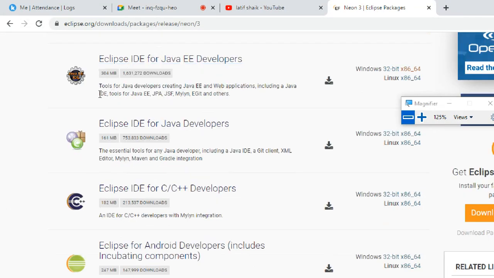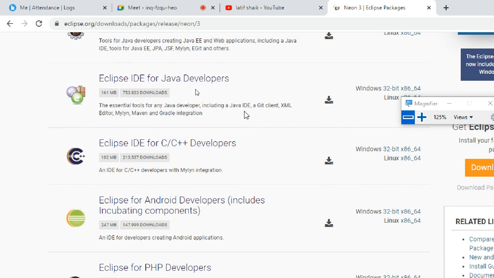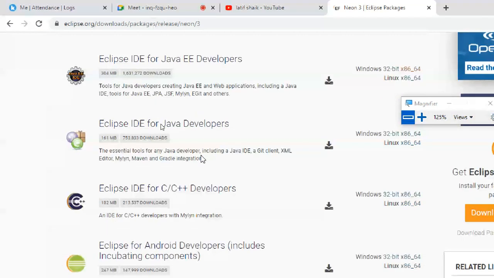EE supports a lot of tools. Okay, Java IDE and tools for Java EE, JPA, JSF, Mylyn, EGit and others. It's for a Java developer, so you can download this one. If you don't want that, then you can download this one. This is a smaller size. Okay, the support is a little bit less than the other one, I think.